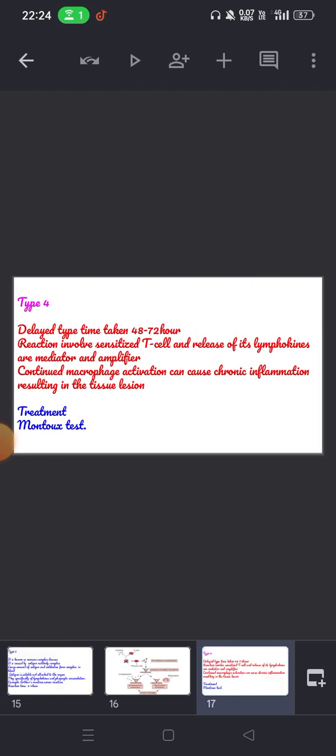Type 4 is also known as delayed type, which takes maximum time, 48 to 72 hours. The reaction involves sensitized T cells and release of lymphokines, which are mediators and amplifiers. Continued macrophage activation can cause chronic inflammation resulting in tissue lesions. The treatment involved is